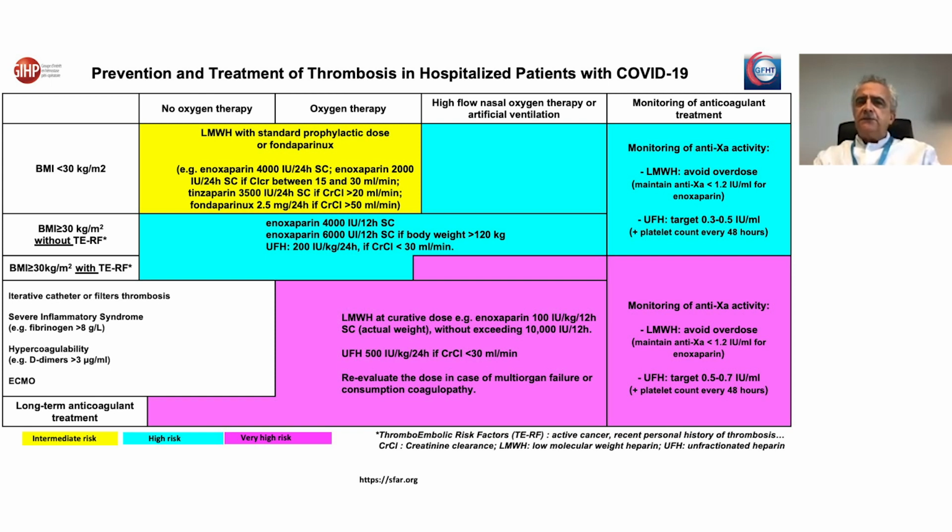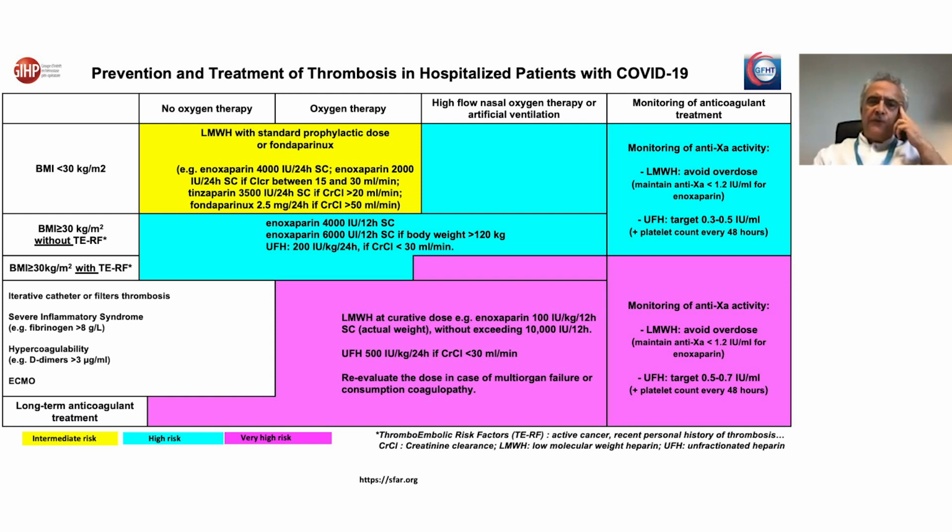The patient has no need for oxygen therapy, or nasal oxygen less than 6 liters per minute, and the patient is in the ICU, having either high flow nasal oxygen therapy or artificial ventilation, either non-invasive or invasive. The second very important risk factor is the BMI, because it is identified as a risk